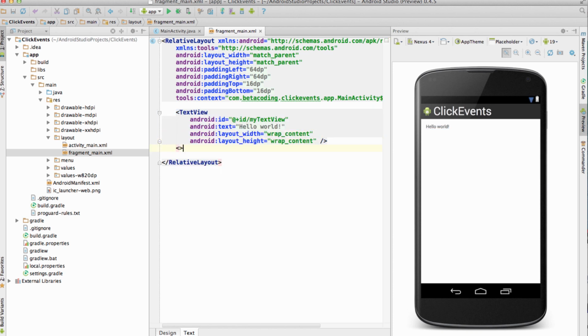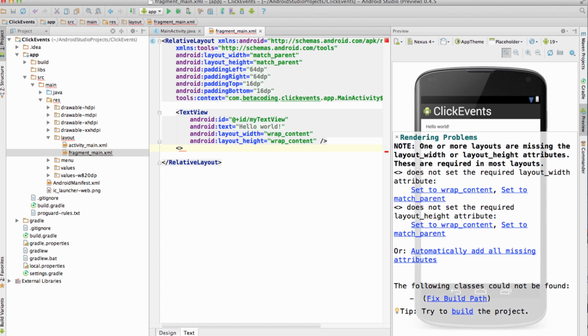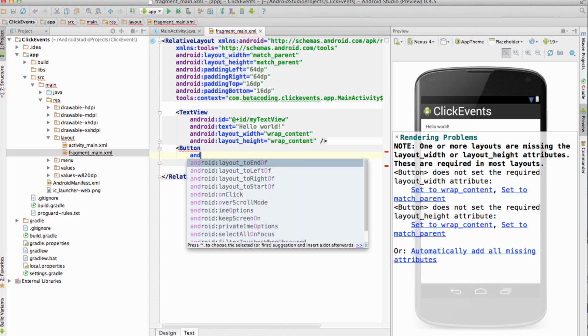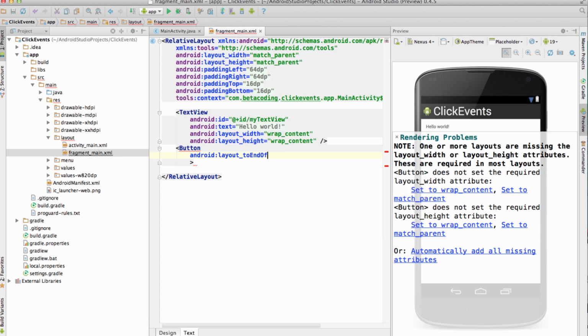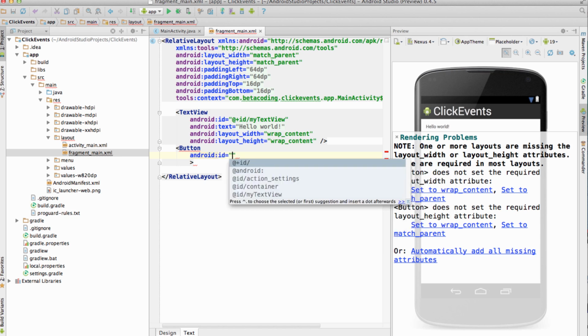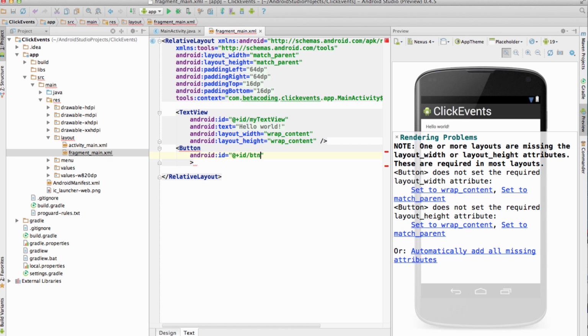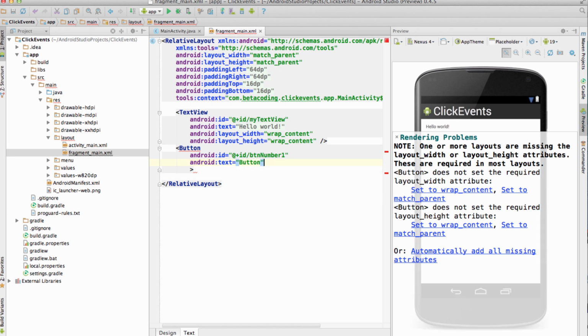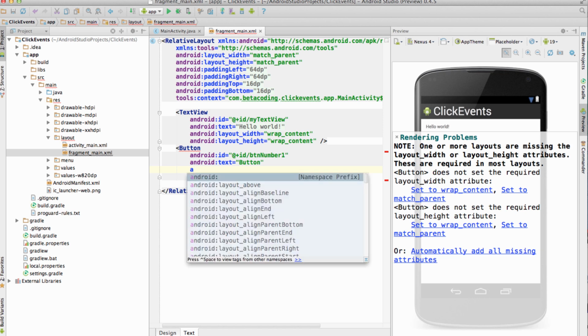After that I'm going to create a button so we can have an element that can trigger click events. So I'm just going to type in button over here, and this button is obviously going to have an ID. We need that for the program to work, so I'm going to call it button 1, for example. This is really a stupid name, I think. The text for this button is going to be button,